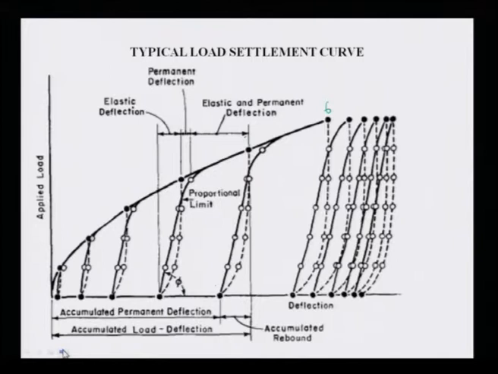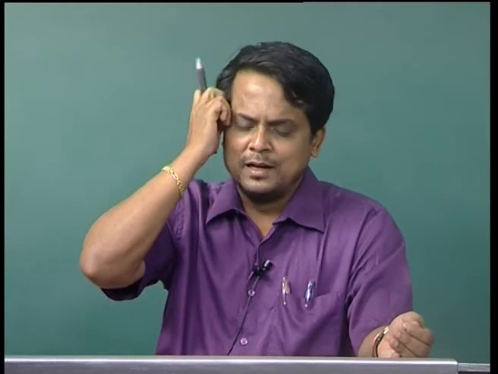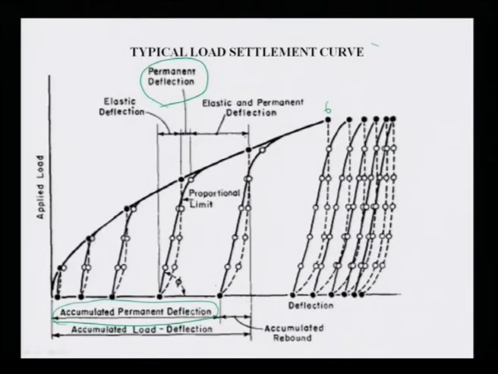Now, if you look here, this is my accumulated permanent deflection. This permanent deflection you have to identify by means of repeated loading. The deflection achieved by vehicles will not bounce back; it will remain in the road surface or pavement. So, this is all about the cyclic plate load test.